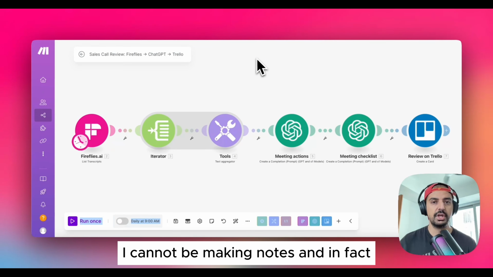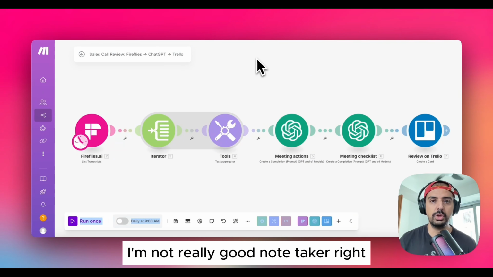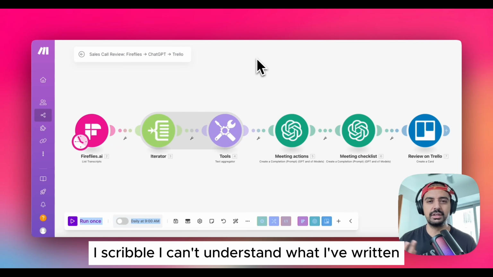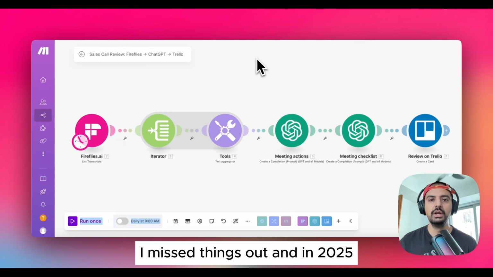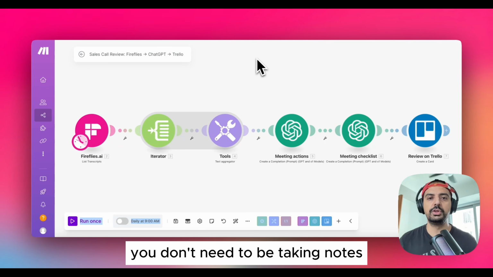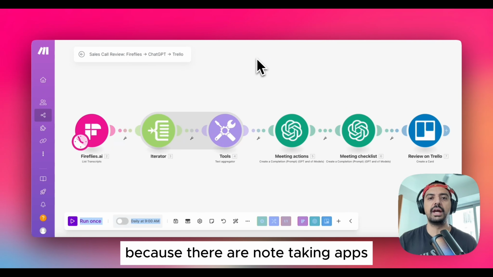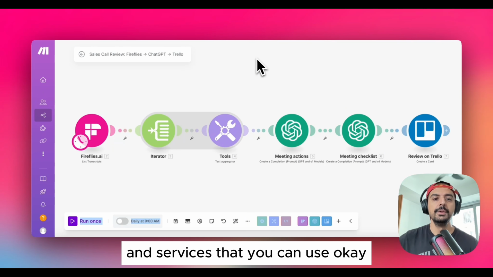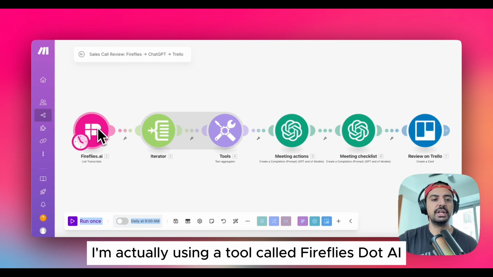I cannot be making notes. And in fact, I'm not a really good note taker. I scribble, I can't understand what I've written, I miss things out. And in 2025, you don't need to be taking notes because there are note-taking apps and services that you can use, okay? So in this automation, I'm actually using a tool called